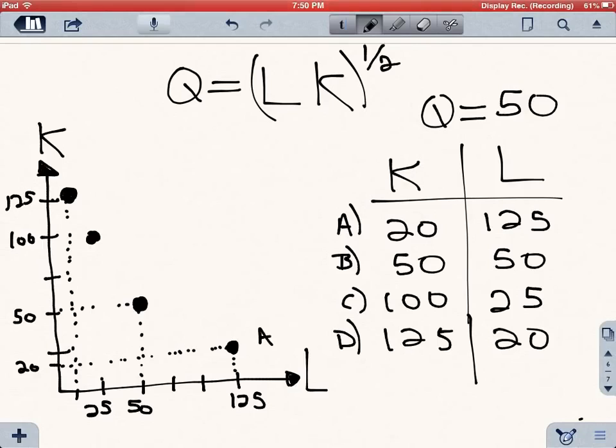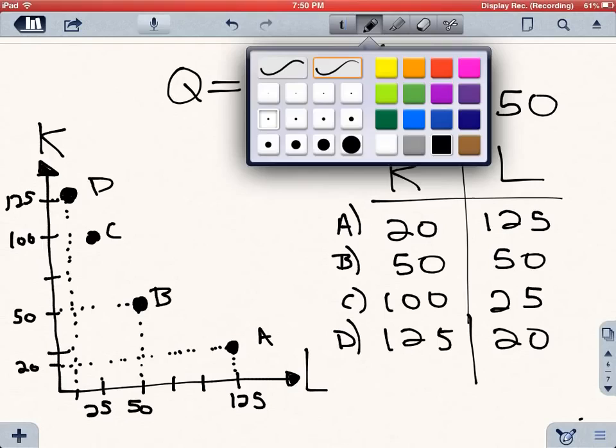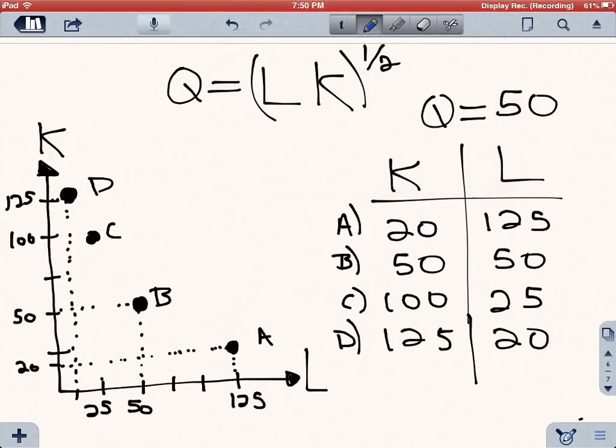And here's our point B, 50 and 50. Here's our point C, 100 capital and 25 labor. And here's our point D, which is 125 capital and 20 labor. Okay? And if we connect all these dots, let's do this in blue, we'll get a curve that is kind